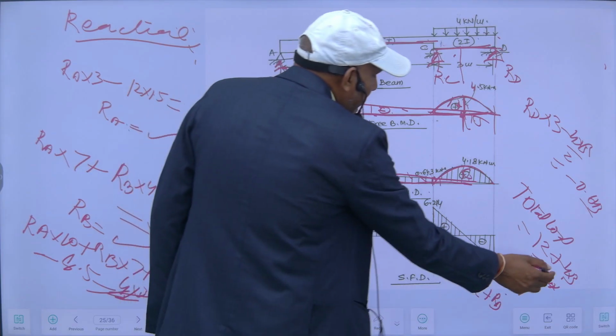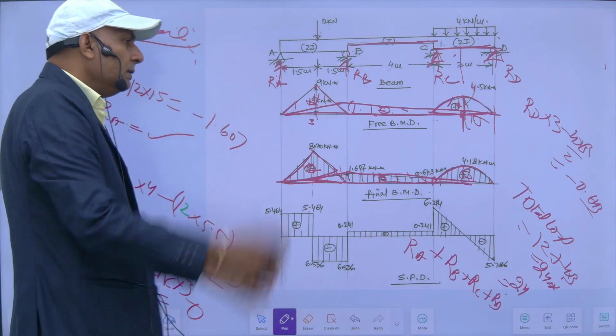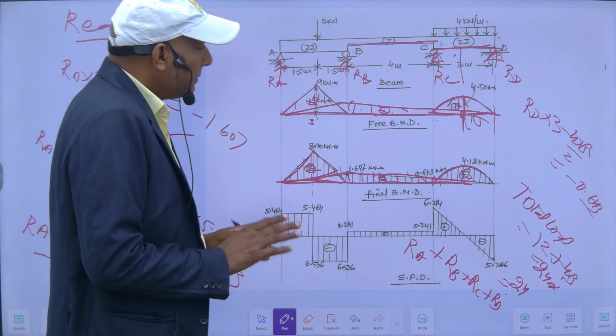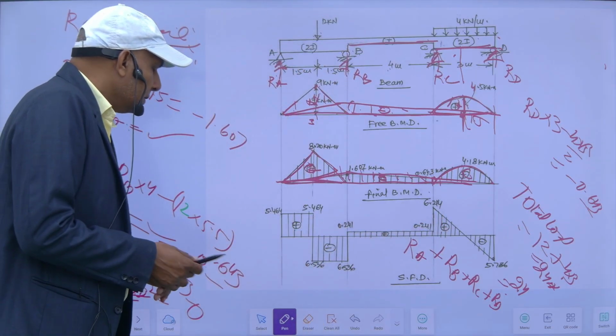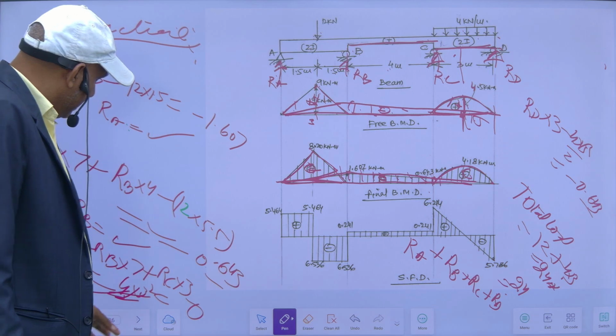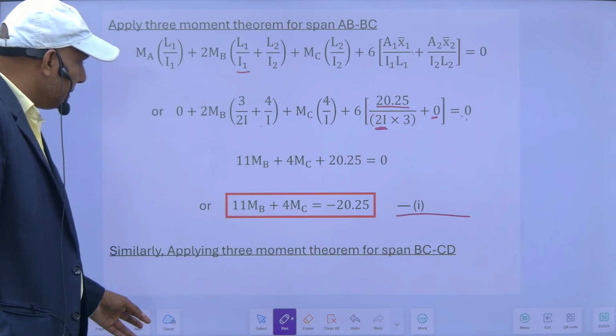That should be equal to this one. Means the total vertical downward load should be equal to the total upward reactions. If these are equal, then it means okay. So this way I can calculate the reactions. So the reactions which I have calculated,